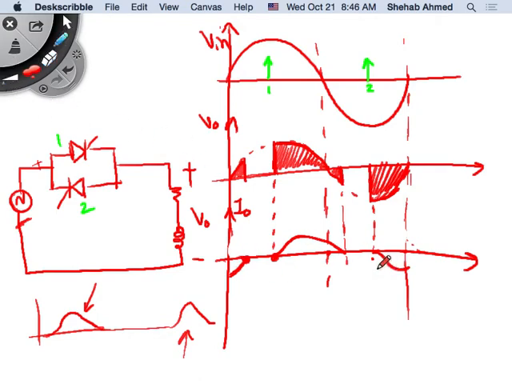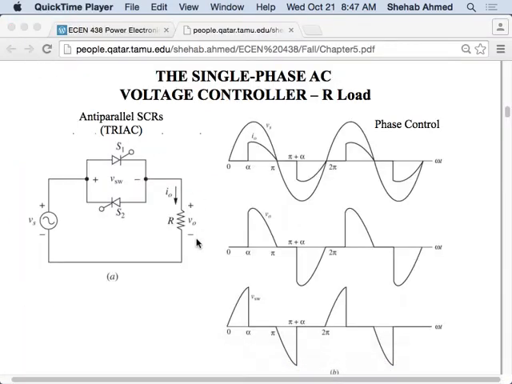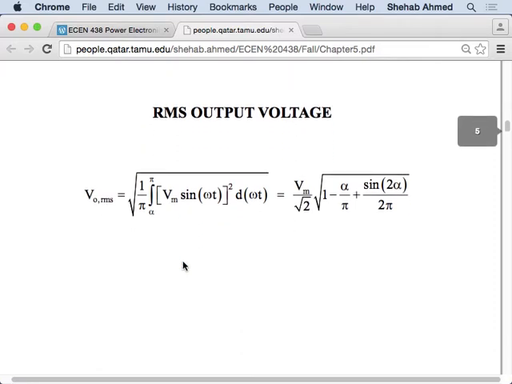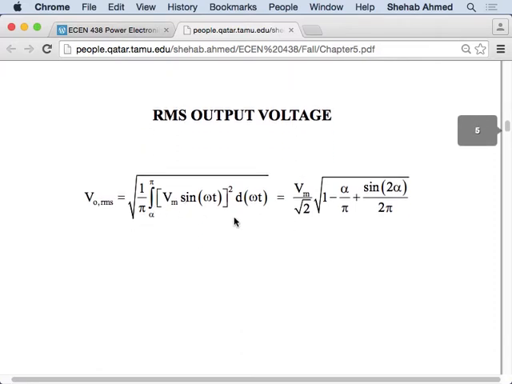Everybody's okay with this now? Okay. So this is the R and RL. There's no RL in a source in this case, I don't think so, at least. And this is the equation for RMS. And then again, you will have this final equation for you, but you should know how to calculate RMS value